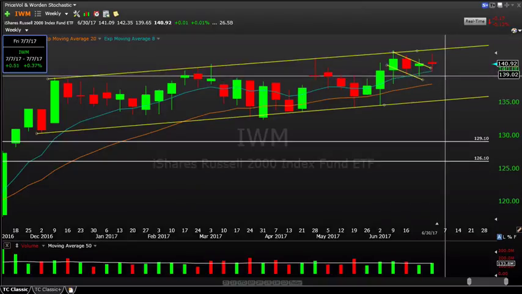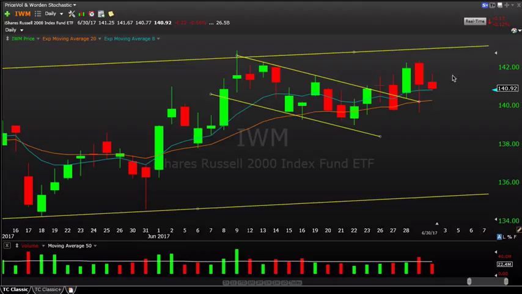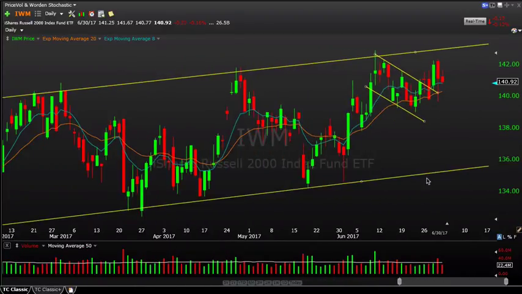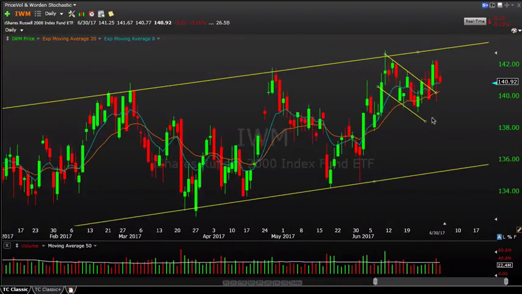So I still think this 139 area, more or less, these lows right here from essentially last week, those are important. If we start to break below that in the IWM, then that would certainly be some more cracks and more vulnerable price action if we were to start to break below last week's low. So I think that's a pretty good line in the sand, and for now we're going to see if the IWM can stay bid and stay resilient just under those all-time highs. So that's sort of the market outlook.